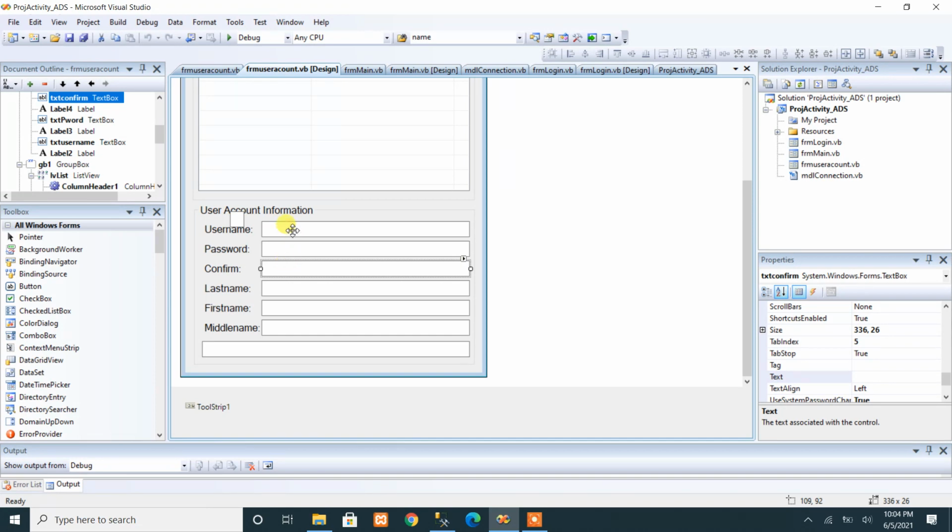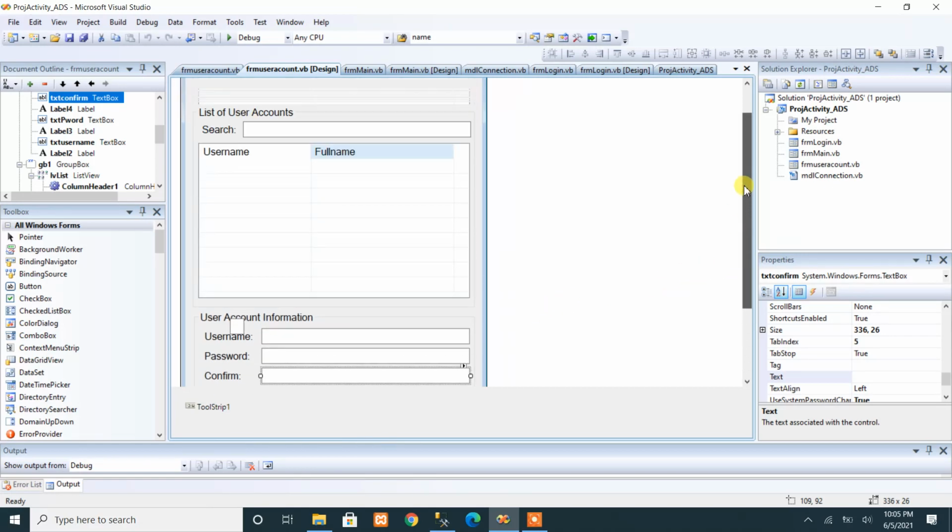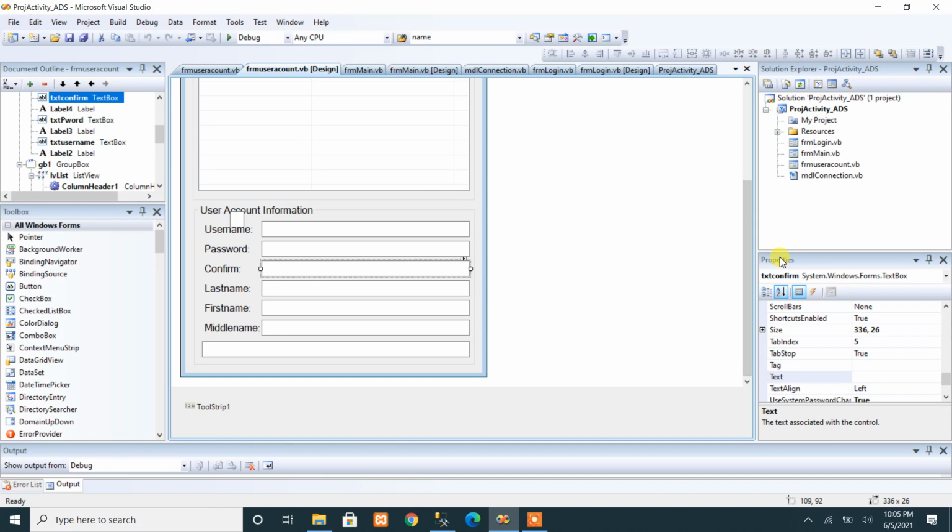Another one, we should require all the fields, if it happens that all of these fields are required. So hindi tayo mag-save or mag-insert ng record kung hindi ma-fill up yung mga to except yung middle name, because middle name may or may not be filled up. Okay, and then last trap or last thing to consider in inserting for a record is that username should not